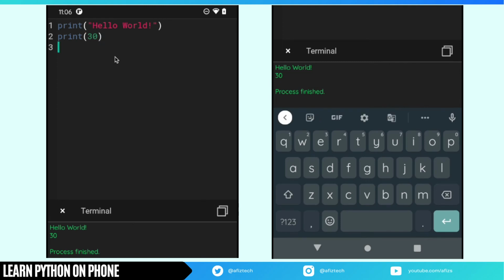If you want to display more than one value under a single print function, you can do that as well. Let's say I want to display my name here, and a comma. If you have more than one value to display on the screen, we can simply separate them using commas. I will give my name and a country that I'm living in, maybe India. After that, if you have more data, we can give another comma and then the data that we want here. Let me use some number here. Now if you run this program,